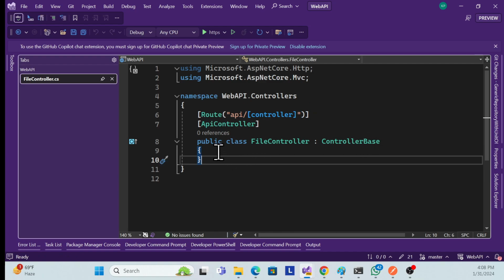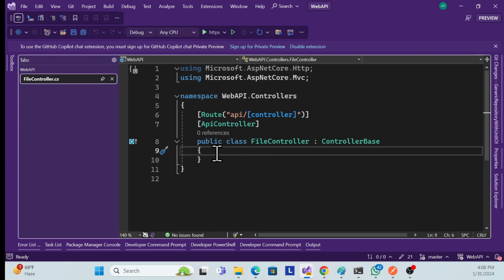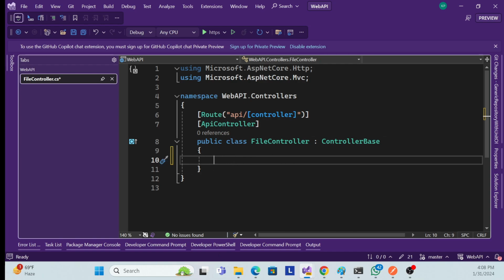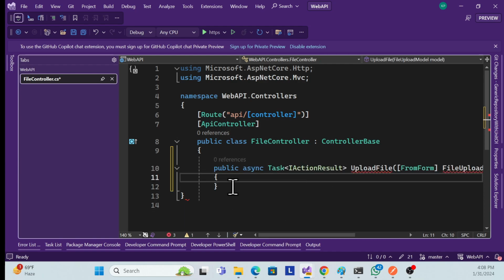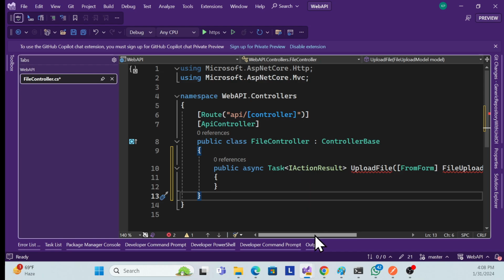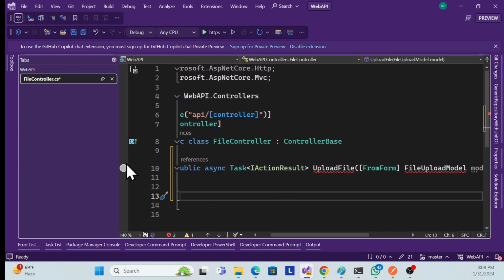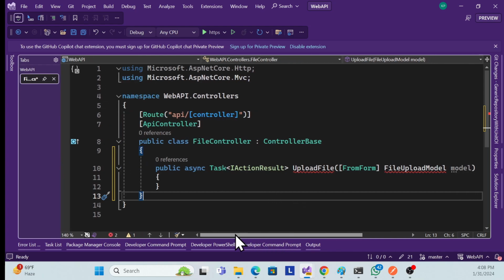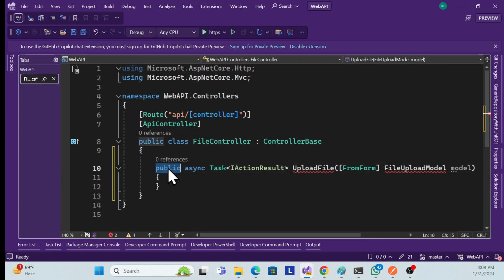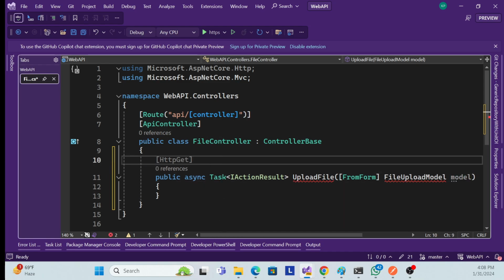That model I need to pass, so before that, just create a signature of that method. So it's simple. I need to create it like that. See, I just create a signature of that endpoint. This is a simple signature. I create a public async Task IActionResult, and the method name is UploadFile. And here this model, we will create a little bit later. So this model we will create, but yeah, that endpoint name would be